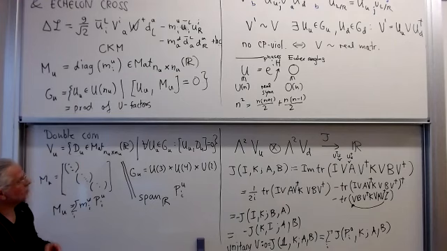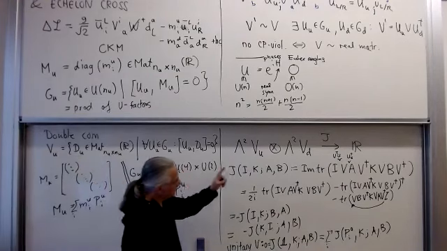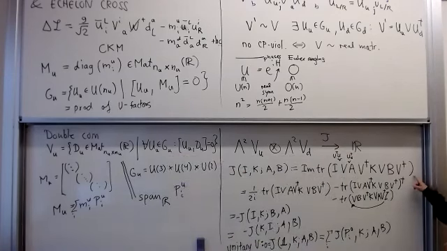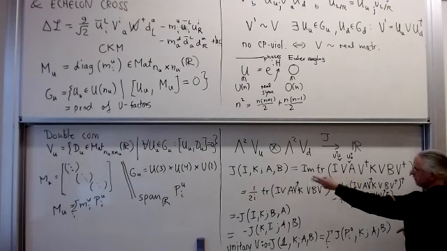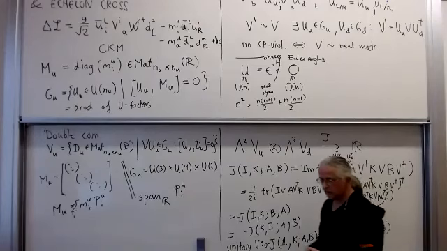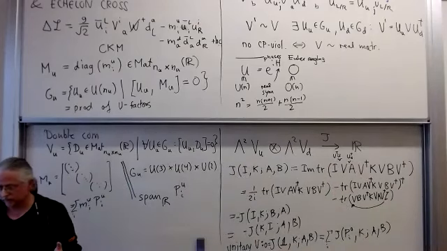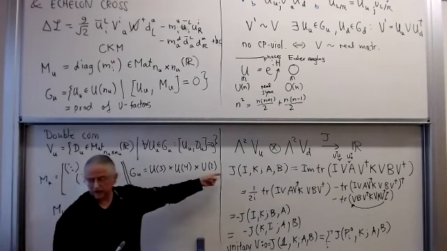And of course, another important thing is that if V is real, then clearly the Jarlskog invariant vanishes, because it takes the imaginary part. All the entries are real, and if V is also real, then everything is real, and there's no imaginary part. So if we can make the CKM matrix real by this, then we see that the Jarlskog invariant is 0.